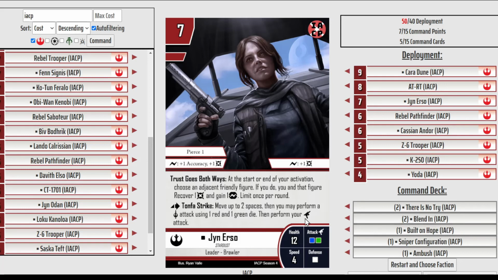Then you perform your ranged attack. So she can attack twice, effectively move 6 and attack twice with a melee attack, which is where those surge power tokens come in handy, so she can get those extra surges. She also likes to be focused, and it gives her a Pierce 1 on both. She can also actually move 2 spaces and just perform the ranged attack. She doesn't have to perform a melee attack to get the move 2 spaces from this. That is optional. So that's Jyn